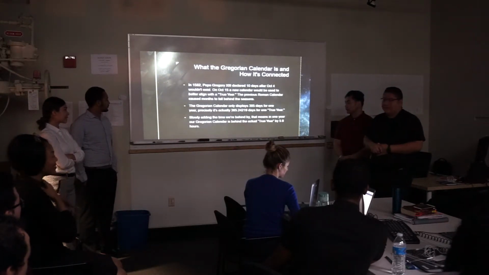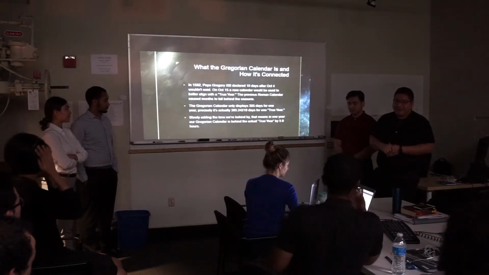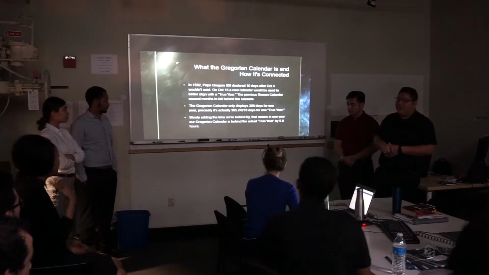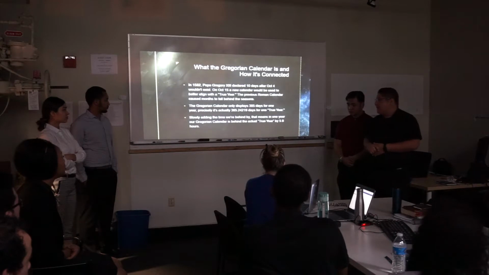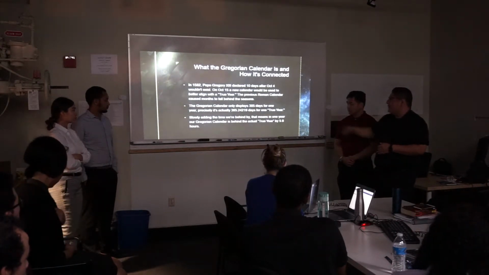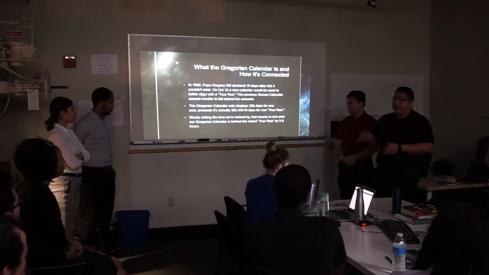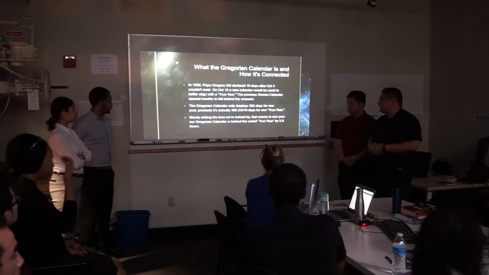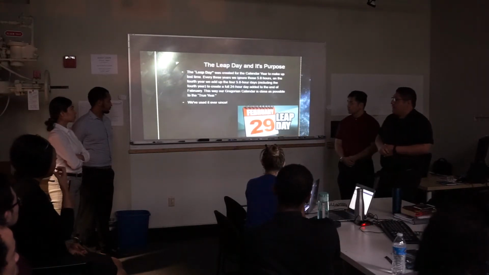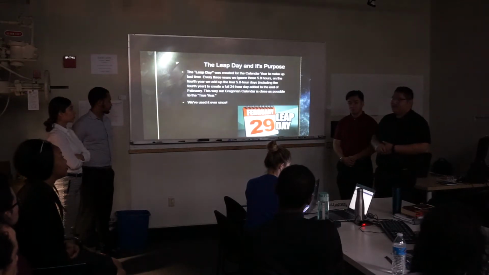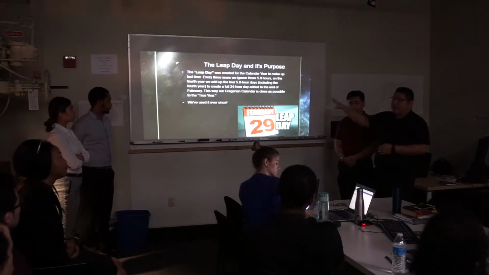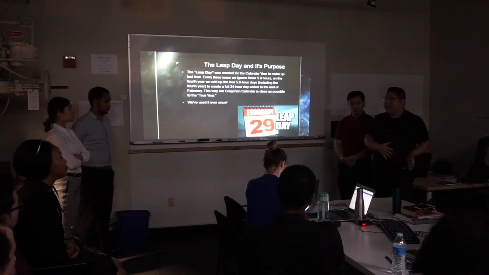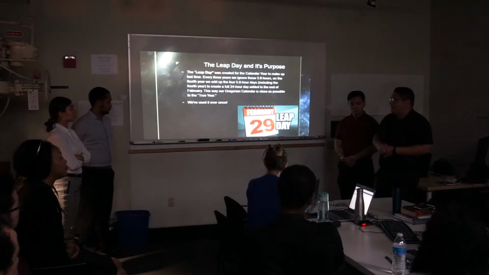The Gregorian calendar only displays 365 exact days for a year. The true exact year is actually 365.2429 days. So over time, if you add that up, in 100 years our calendar is behind the true scientific year by 25 days. So that's when the leap day was created. The leap day was created so we could use those days that we were behind to catch up to the real scientific year.